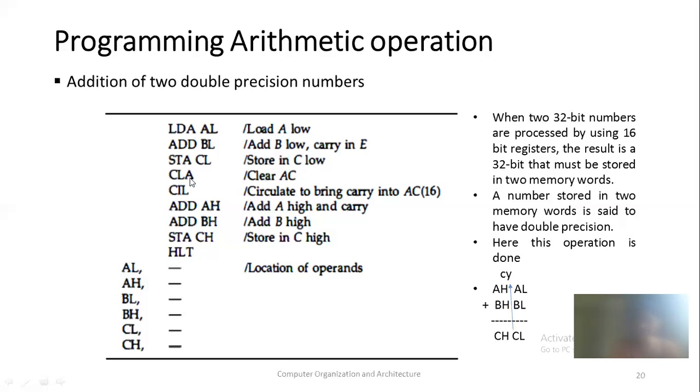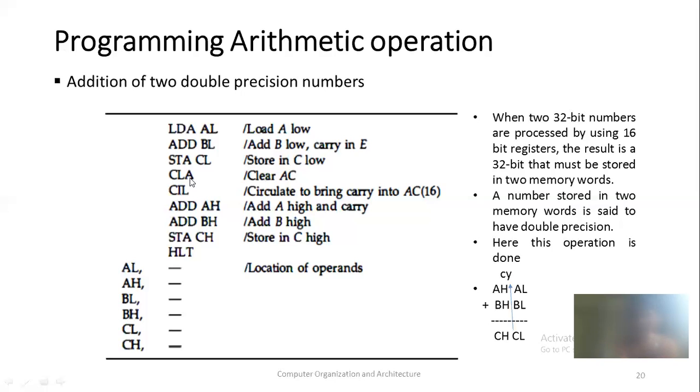Okay, so your E bit will be shifted left to your accumulator. That means your carry bit will be stored at the 0th location of your accumulator. Okay, if your carry is 1, you have already cleared the accumulator. If your carry bit is 1, then the content of the accumulator after the CIL instruction will be 0 0 0 0